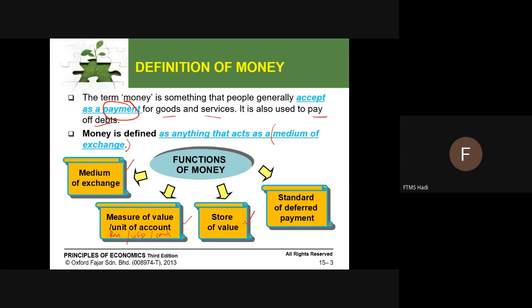Another function of money is store of value. Money can be saved and money can be stored anywhere, either in your pockets, in your wallets, in your bank accounts, and so on. And then the last one, standard of deferred payment. That means for later payment, especially for payment of debts, the lender wants you to pay back whatever you borrowed from them, especially money. So in the later payment, you definitely need to use money to pay back all the loans and all the debts.